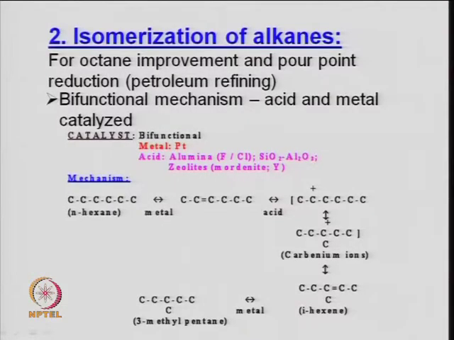Here a platinum based catalyst is used, which is a bifunctional type catalyst. Platinum improves the hydrogenation and dehydrogenation activity. Second is the acid function, which comes from the support side. It promotes the cracking activity, that is, the hydrocracking activity. Alumina, silica alumina, and zeolite are used. So it is bifunctional, with acid and metal catalyzed functions. You can see some reactions are promoted on acid sites and some on the metal sites. Depending upon the requirement, a combination of the two catalysts can be taken.